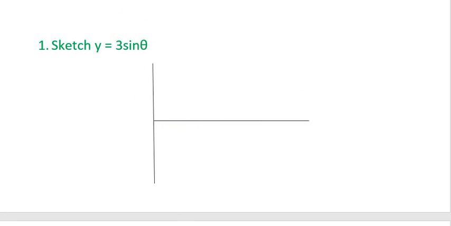Okay, I'm going to start with 3 sine theta. And so this 3 means that you have an amplitude of 3. Instead of going to 1, it's going to go up to 3. So I want to make sure I label my x-axis and my y. Well, my x-axis will stay the same. The y-axis is going to need a little bit more than we had before. It's also going to go down to -3